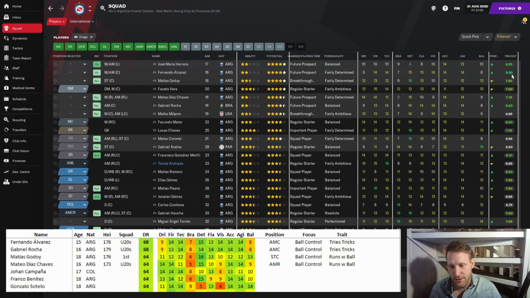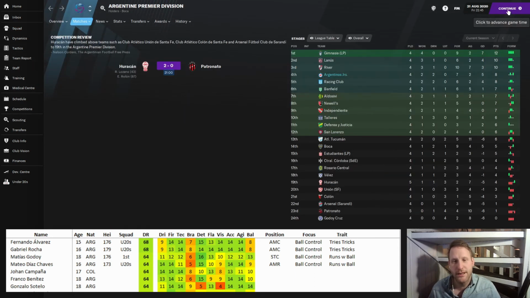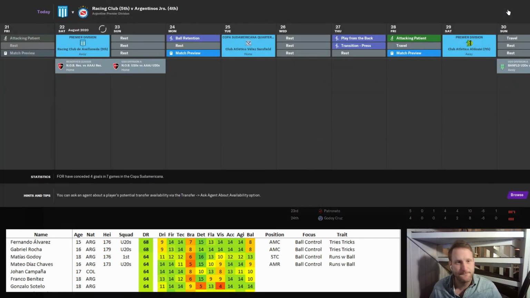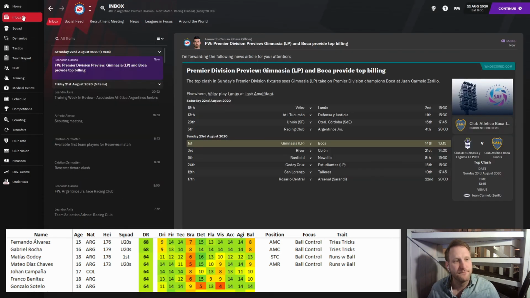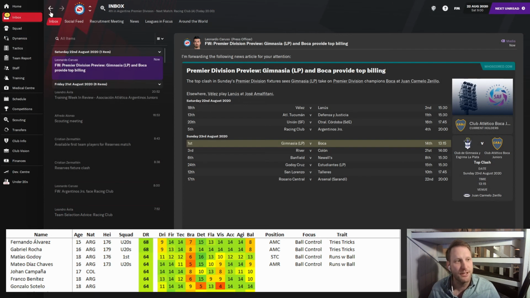How are you finding ratings for central midfielders since the last update? I sometimes find it difficult to know whether my poor ratings are due to my tactic. Yeah, I've been struggling a bit with them as well. The more how the players fit into the tactic. Yeah, exactly. What Matt is saying. So if you're playing players in their right position, in their right role, then there is a good chance for them to have a better rating within the game itself, and then they can also have a better training rating. But it's not the only thing that affects training rating, but it is an actual parameter.